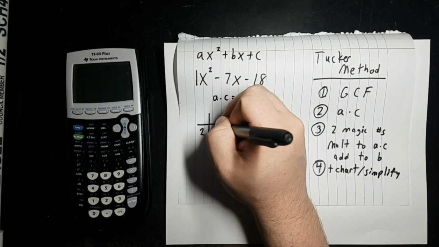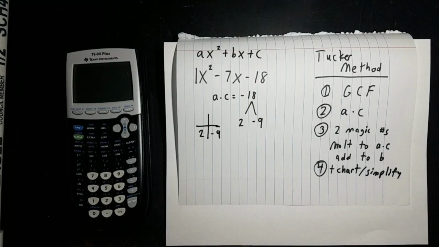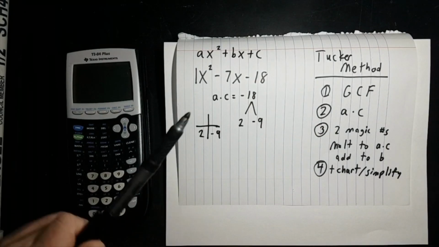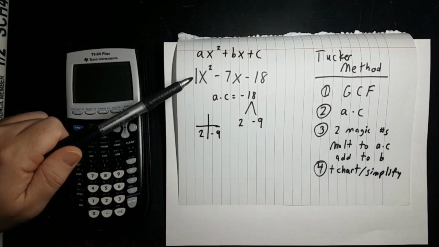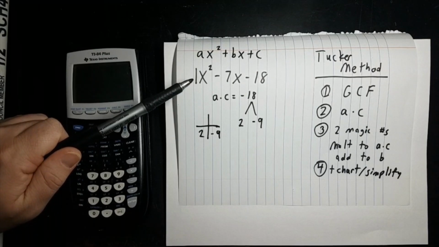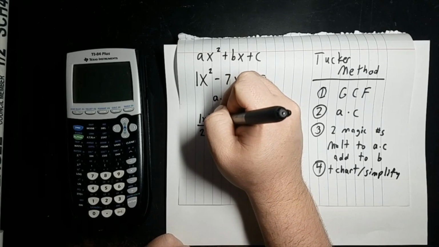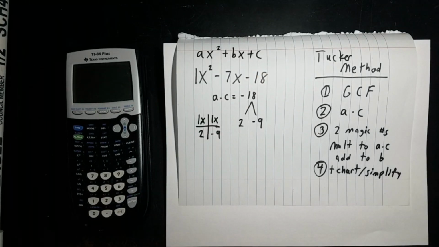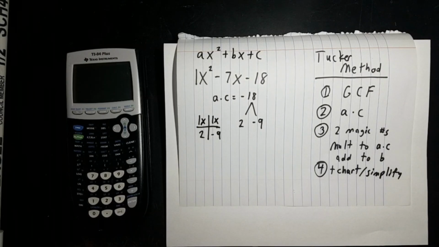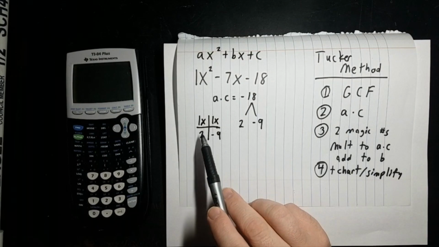Our two magic numbers go in the bottom. In the top of the t-chart, well, you look at this first term, this ax squared. It's a 1x squared. In this case, we're going to do a 1x and a 1x. Factoring is the process of breaking these things down. If it were a 2x squared, we would do a 2x and a 2x. But again, future problem. The reason why I say we don't have to simplify here is because, well, you vertically,